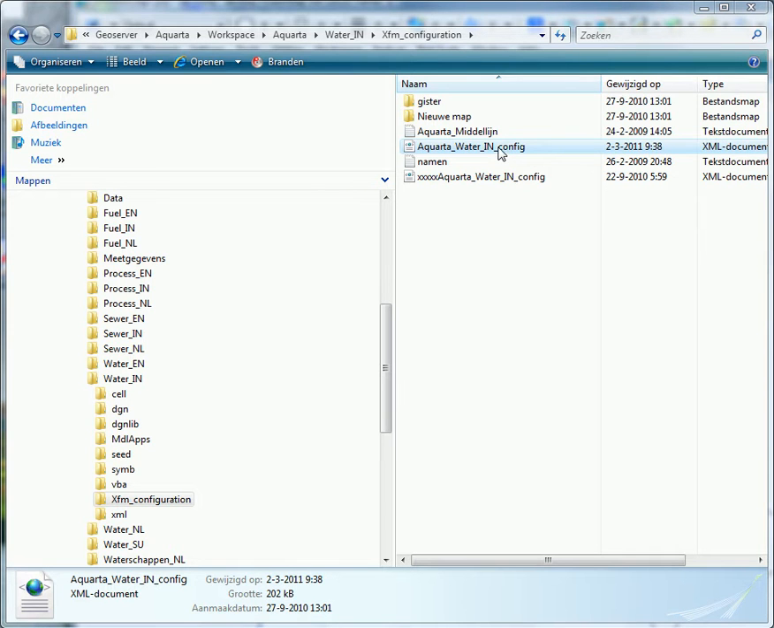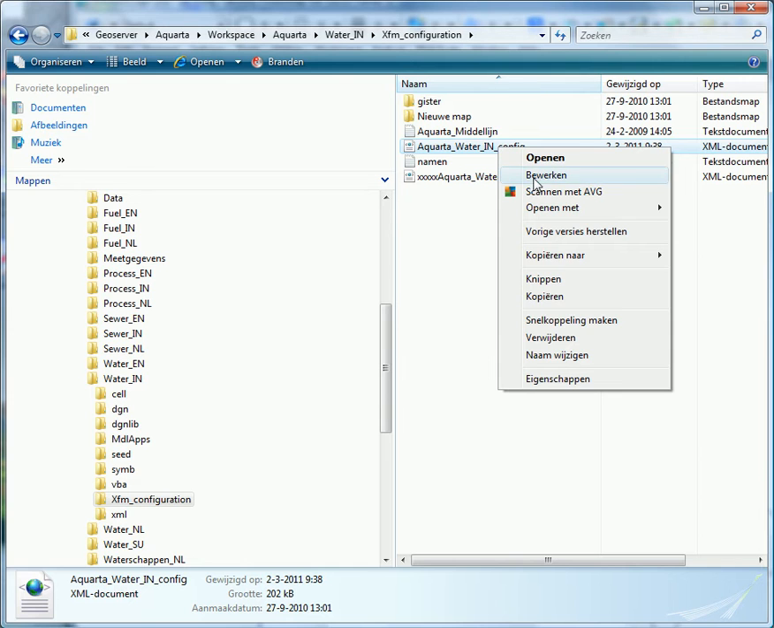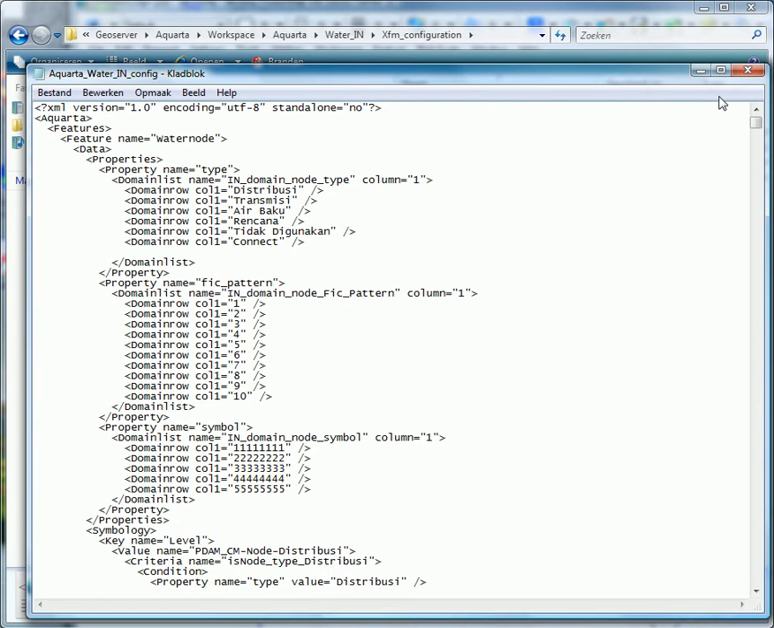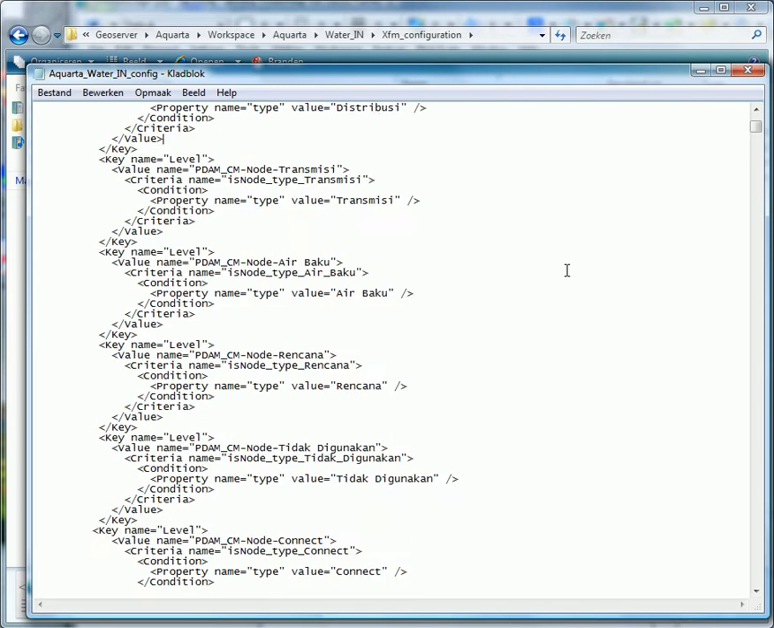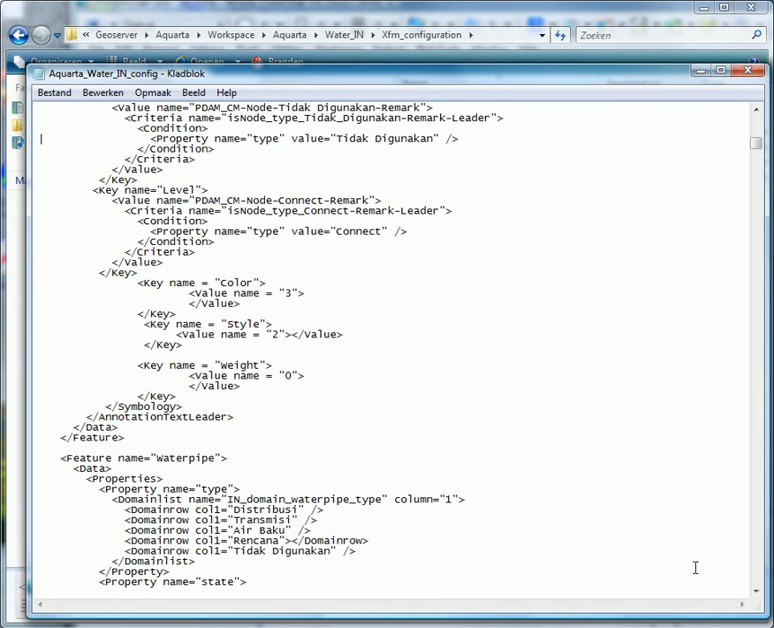Indonesian configuration file. We open Notepad and then we see features. This is the water node feature. If we go to the water pipe feature,